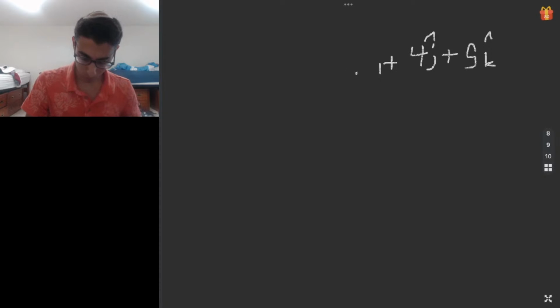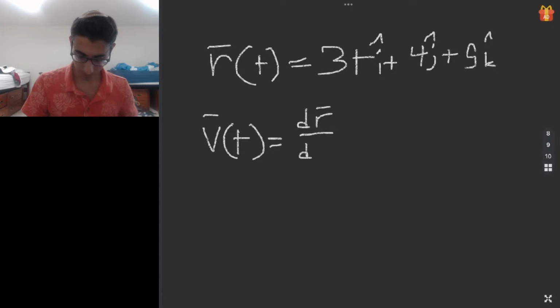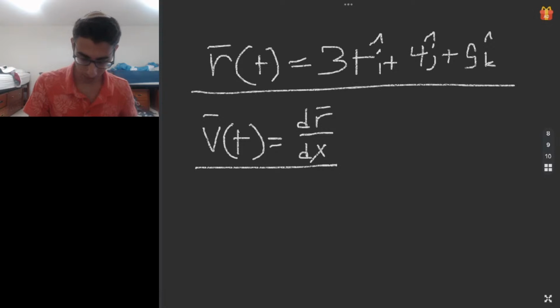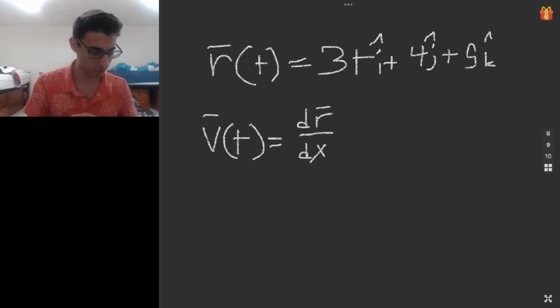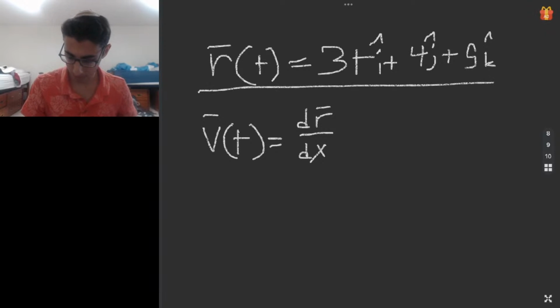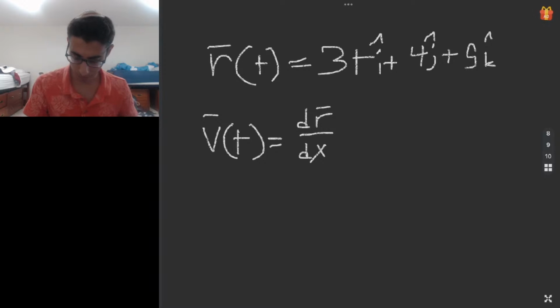Last time we proved that velocity would be a derivative of position, and we proved that using a limit. We don't want to do a limit every time, especially since certain ideas of position will get really complicated. Like imagine if position was some crazy thing times i hat plus some crazy thing times j hat, all of which is with respect to t. It would be a really annoying thing to do a limit. So very often we'll use certain